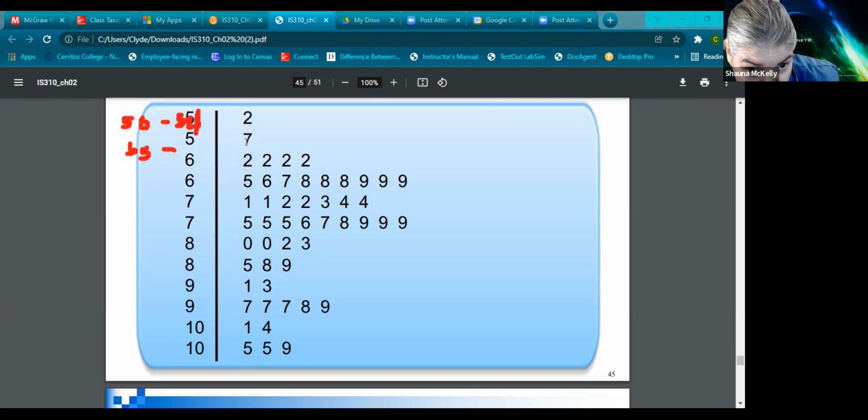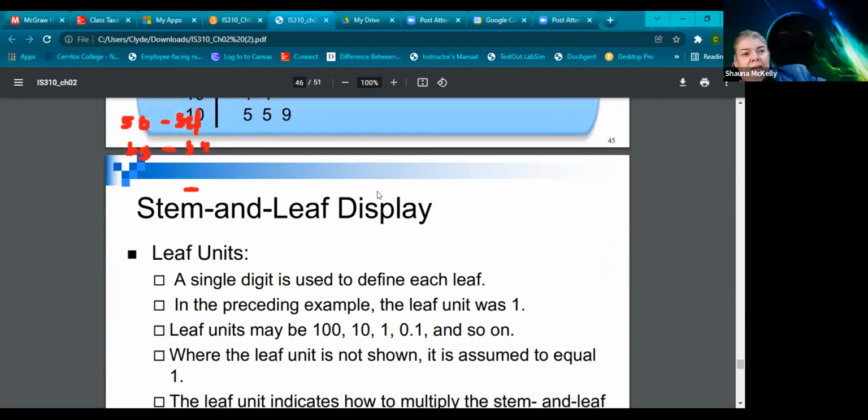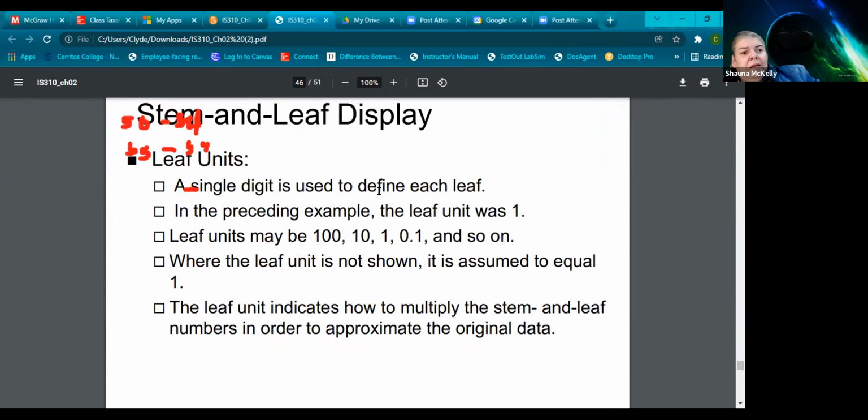And it's easier to see in the 60s because the 60s had that data. So the 60s, the first one was 60 to 64, so you only had a bunch of 62s. But notice on the second 6 right here, you have 65, 66, 67, 68 occurs 3 times, and 69 occurs 3 times. It's a way of stretching out the data so that you can see it better.